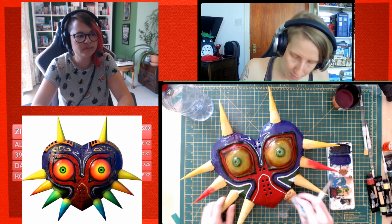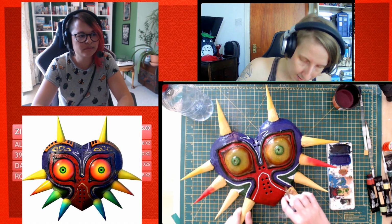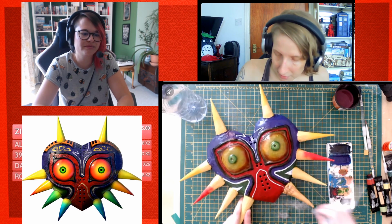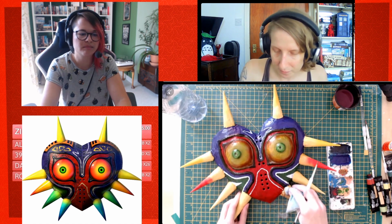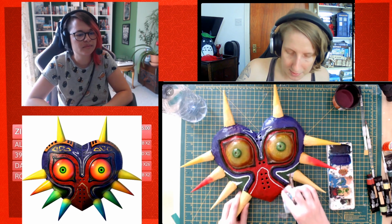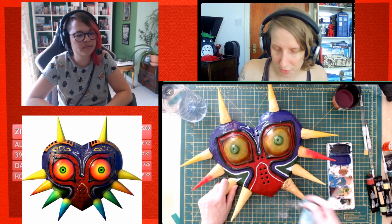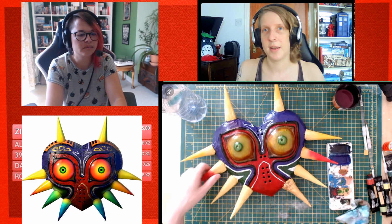Just gonna take that off, rest of it, leave it highlighting. For those who have not watched our other tutorials where we feature washes, what are you doing to wash it? I've got basically my paint nice and watered down, and then I'm using a damp cloth to rub it off from all the places it's not sticking. So if I just rub over the top with the wet cloth, then the paint gets caught in these grooves, the textures that I've created on this, and gives it